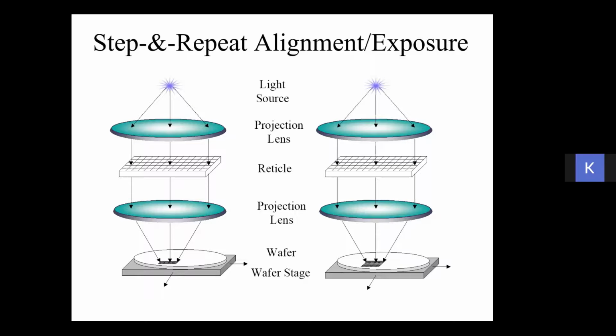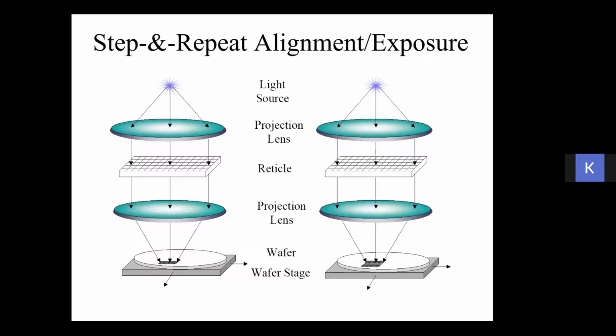So obviously the dimension will decrease. You are using some dimension in the micron range, maybe 20 micron in the mask, whereas after you do the projection, that may come down to 200 nanometer on the wafer. That obviously helps you, and you make a pattern on a smaller region. Next, you move the wafer. You can move the wafer stage by some good motorized system, or you can have a piezo stage also. After you move the wafer, you expose the same pattern on your neighborhood region.